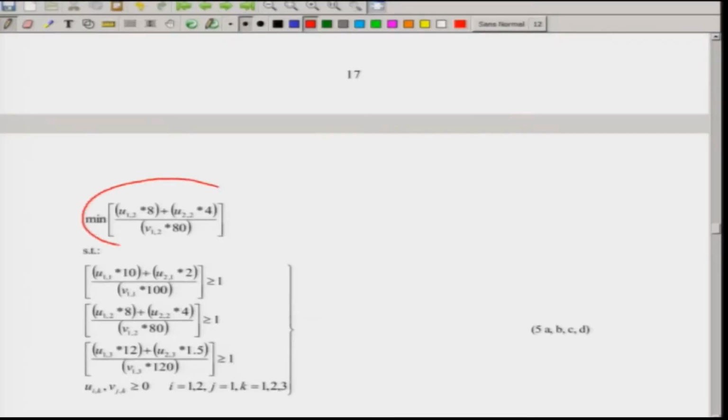Again, we will use the same coloring scheme. So, this is the objective function. We will mention it very explicitly. Objective function for the second DMU, and this is the minimization problem. So, I should highlight it using the red color, which I had not done in the last class, but I am trying to make it much more explicit.